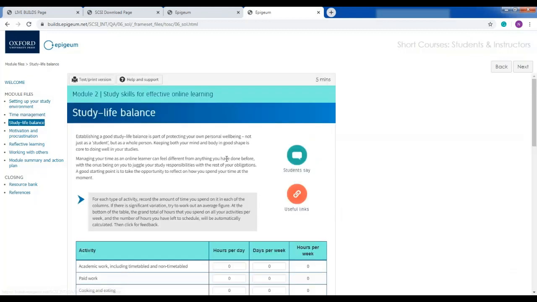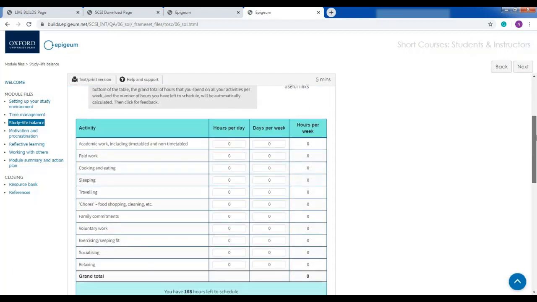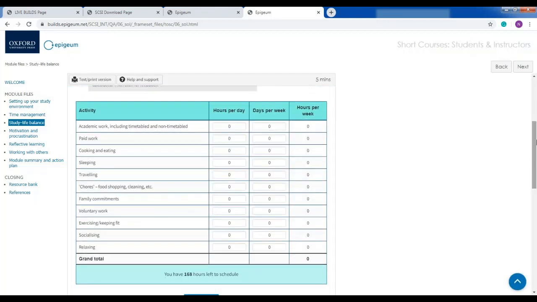If we move on to the study life balance screen, here we've got a really useful calculator. So students can think about all the elements in their week that they have to fit in. So they can think about how many hours of academic work, but how this sits alongside other things like paid work, cooking, eating, sleeping, traveling, all the things that they need to think about. Once they've added in